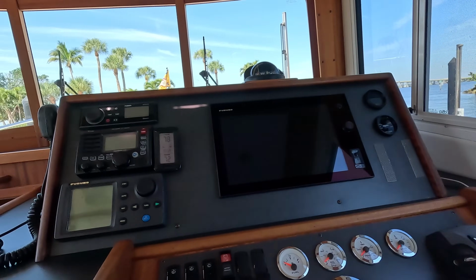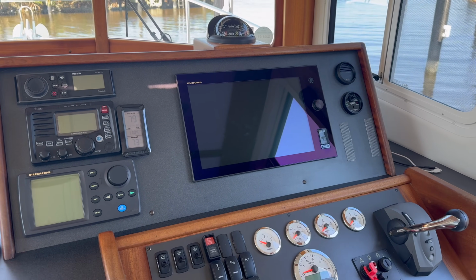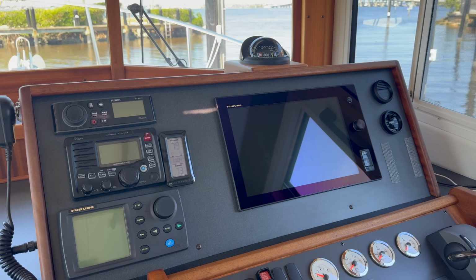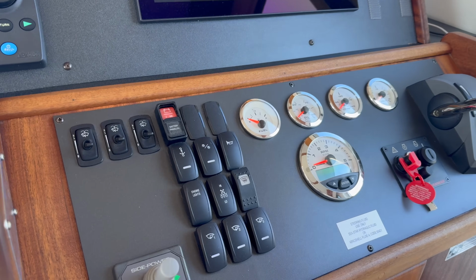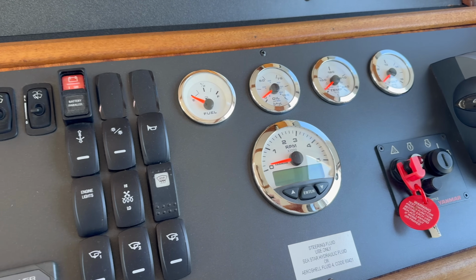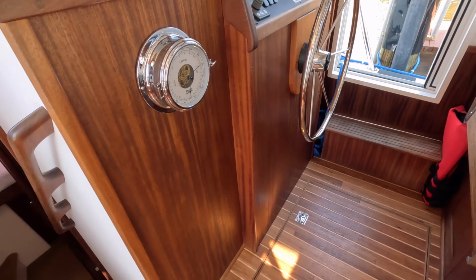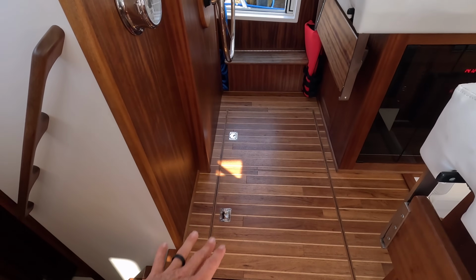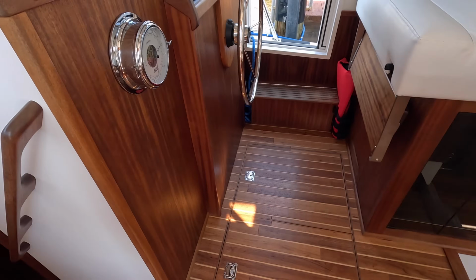And here we have all the electronics. We got our Fusion radio, ship to shore. We got Furuno electronics. We do have a bow thruster and our throttle. Have the engine room under our feet. There's 3 panels. We'll lift those up in a little bit, and I will give you a peek at the